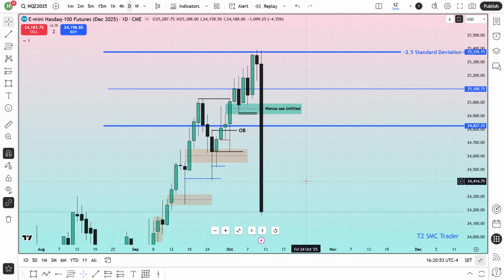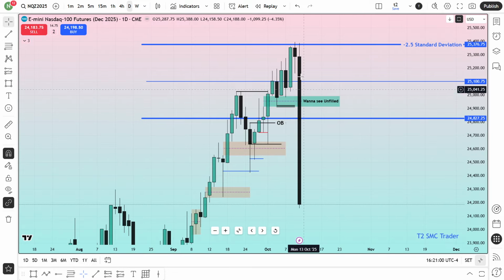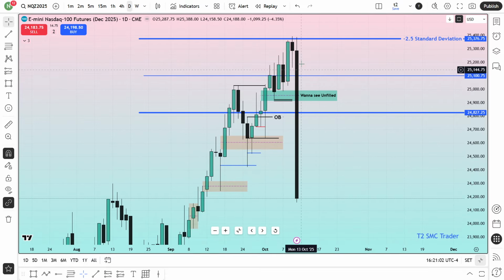Now here, some of you can think that actually Trump did the 100% tariff on China, so that is why the market fell. No, it's just an excuse by the market maker. The market maker used that excuse, Trump's tweet, to let this market fall. There was no other reason why it fell from that line.